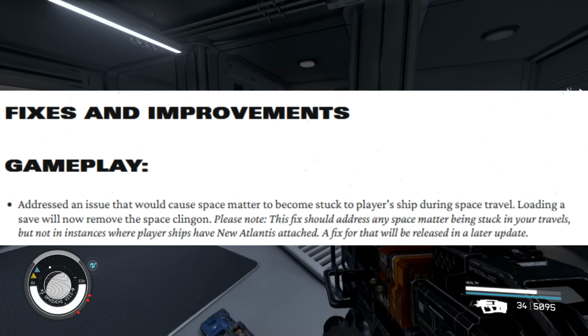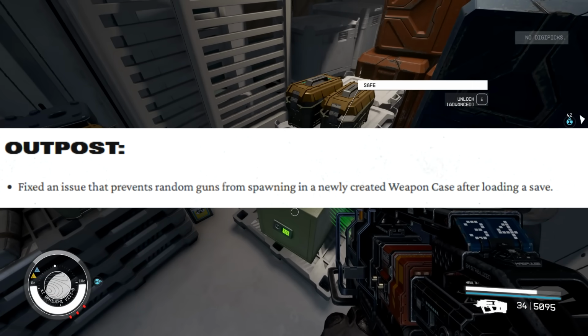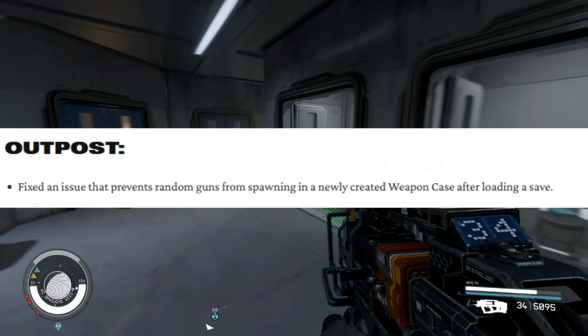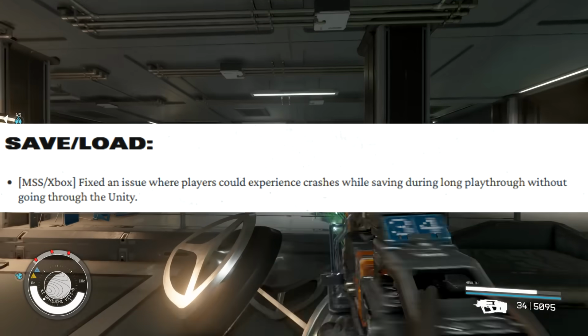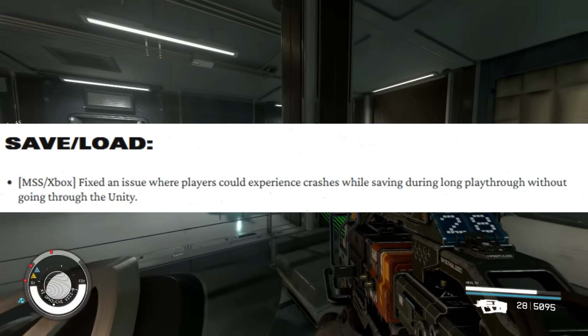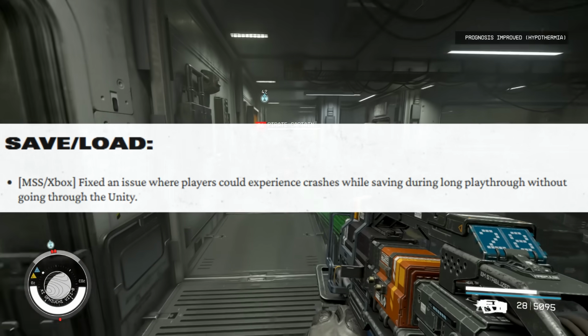If we then head towards the Outpost down below, it says this right here. Fixed an issue that prevents random guns from spawning in newly created weapon case after loading a save. And then last but not least, for save and load, we have this. Microsoft Store Xbox fixed an issue where players could experience crashes while saving during long playthroughs without going through the Unity. This right here has officially been fixed, and now you can just load up Starfield and not have to